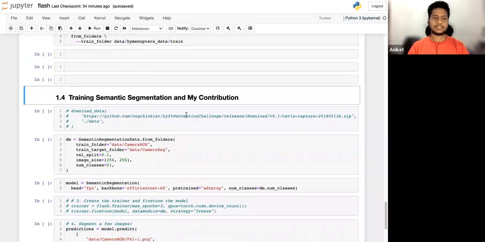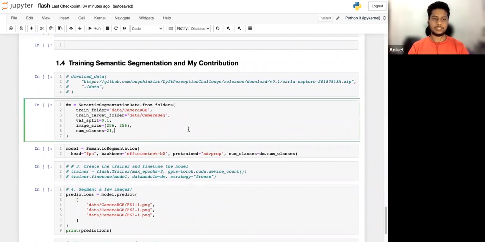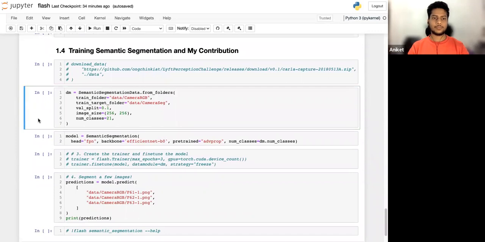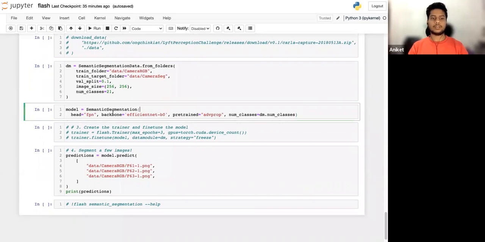Now, training a semantic segmentation model, and how I started contributing to this library and how I made changes. I will go through all the procedures, so that if you are starting and want to contribute, it won't be too difficult for you. With the semantic segmentation contribution, you can now load multiple semantic segmentation backbones. You can just specify a backbone, from EfficientNet-B0 to ResNet, or any pre-trained model available in the library here.